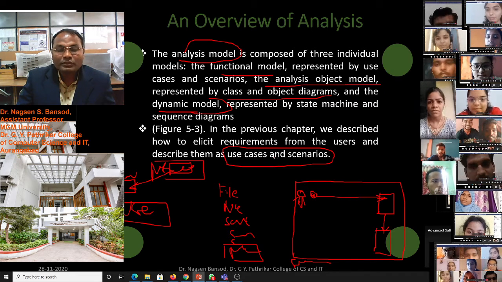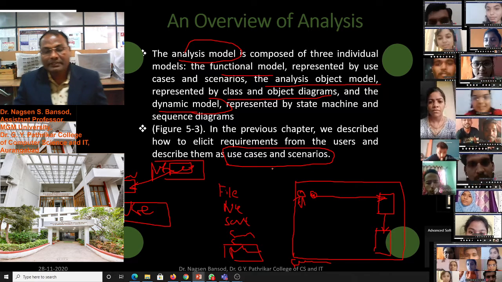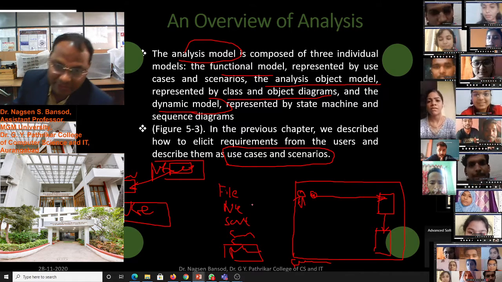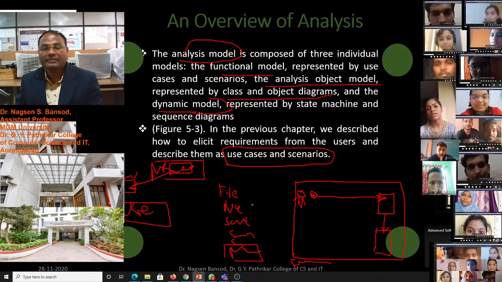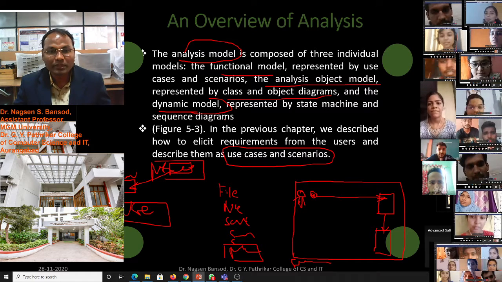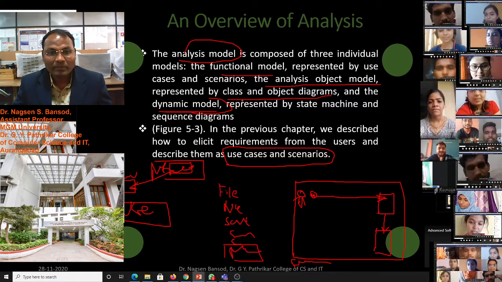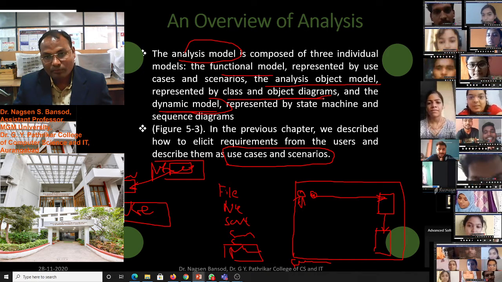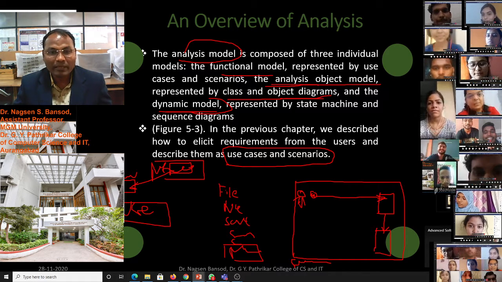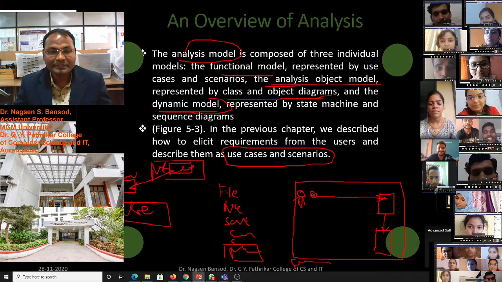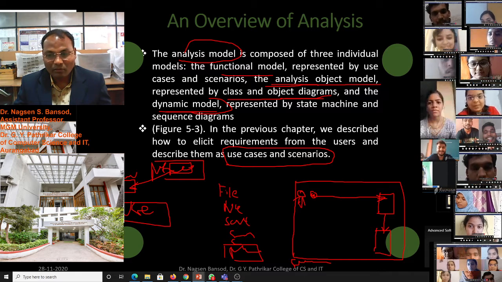We know the use cases and scenarios. Till this lecture we have already seen use cases and scenarios, and in this analysis chapter we will see the dynamic model, analysis model, and functional model. These three models we will see in this chapter.